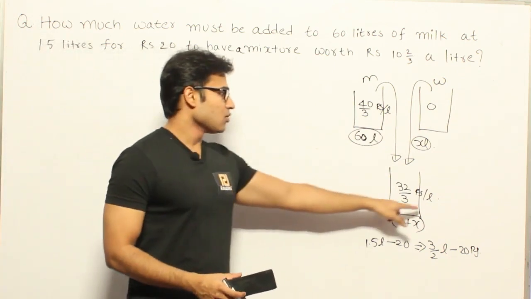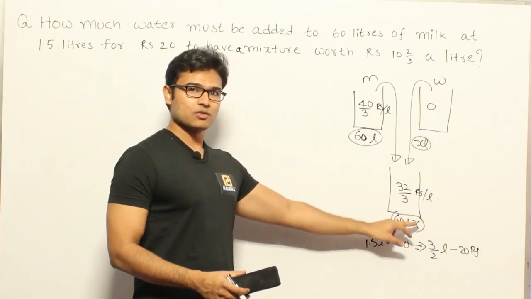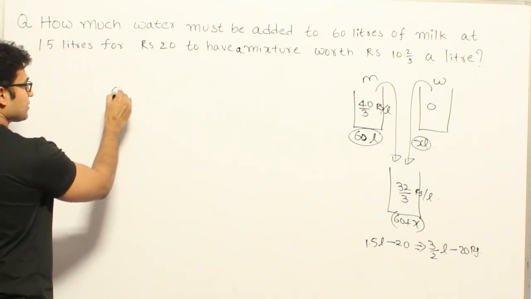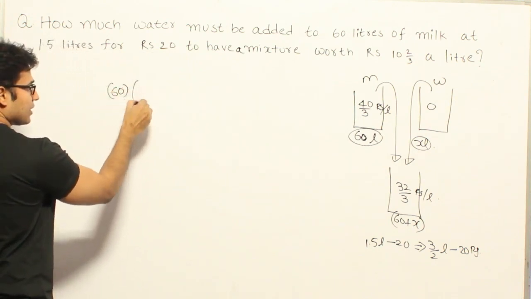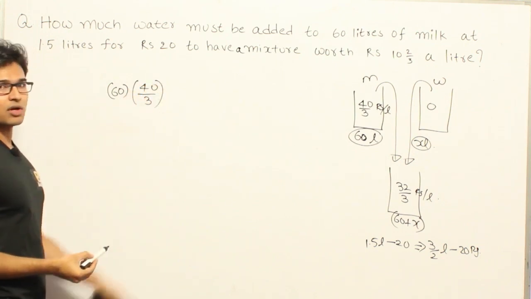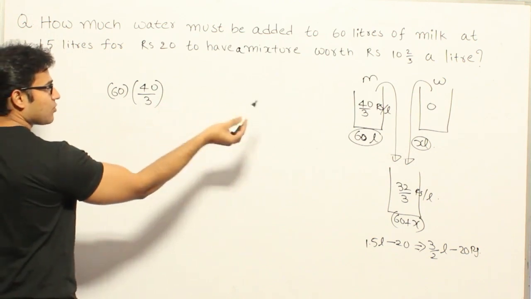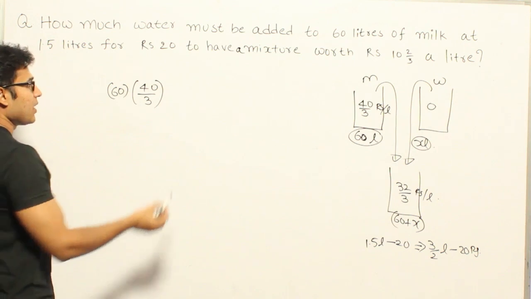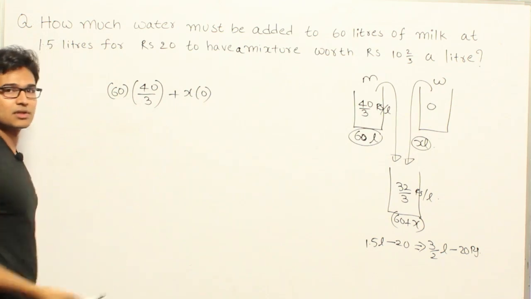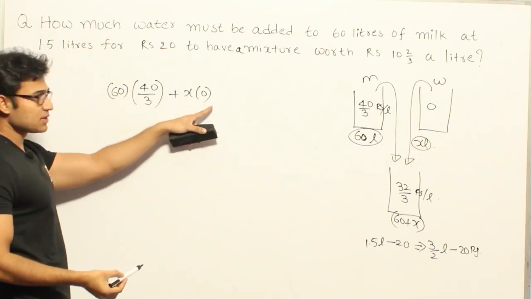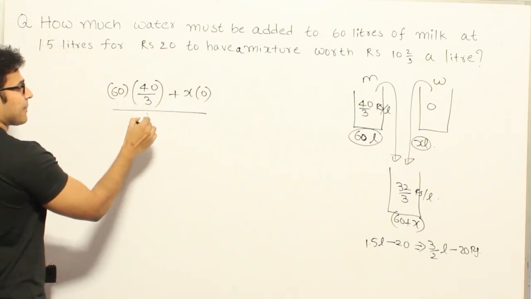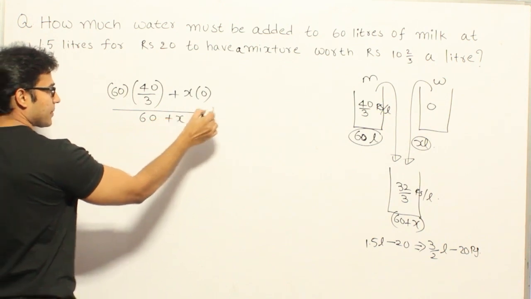So how to understand this: what is the overall cost? See, finally the overall cost divided by overall volume is going to be this one. Now 60 liters of milk is costing us 40/3 rupees per liter, therefore this is the overall cost of milk, right? And what about water? Water is of no cost. Now you can assume that we are mixing x at 0. I'm just writing it, but it is not required. So x liters with this. So this is the overall cost that we are getting from both of them, right? Divided by 60 plus x should be equal to